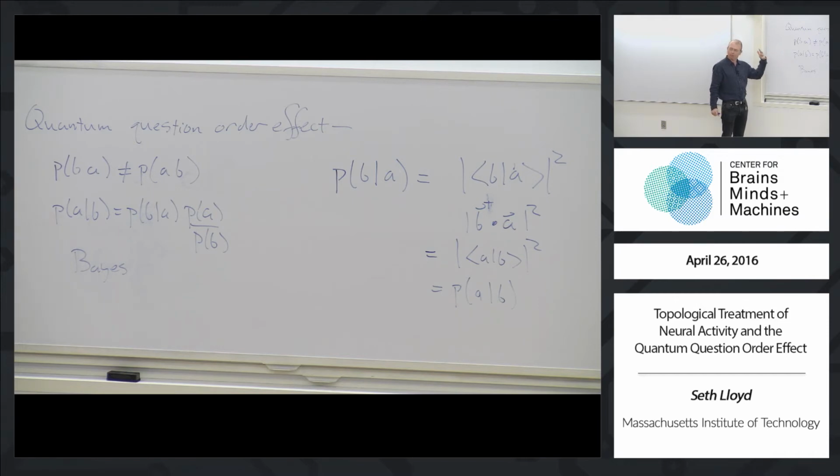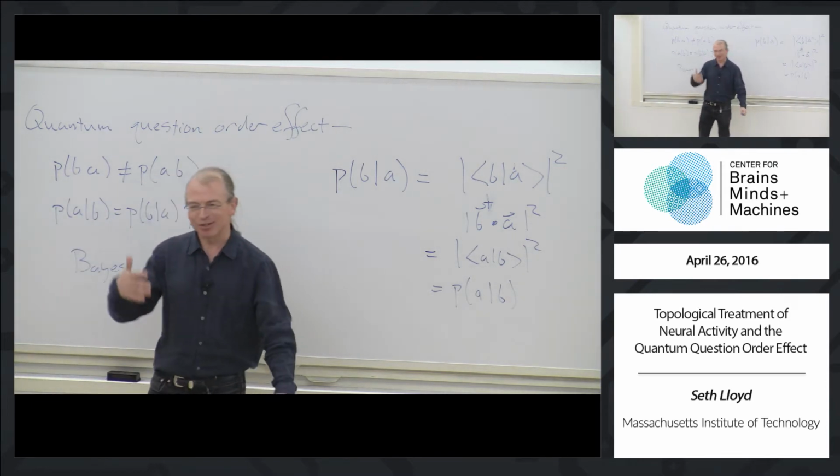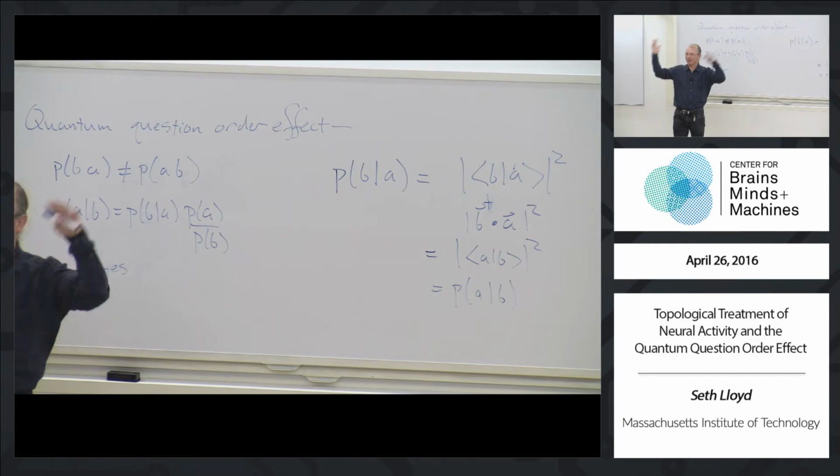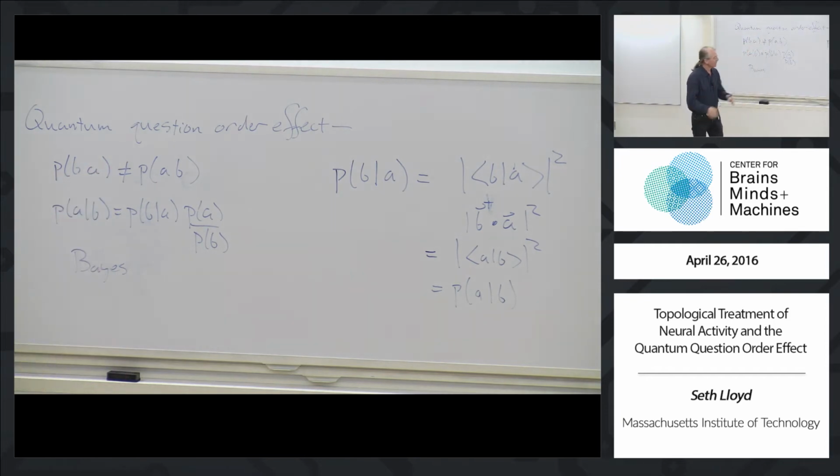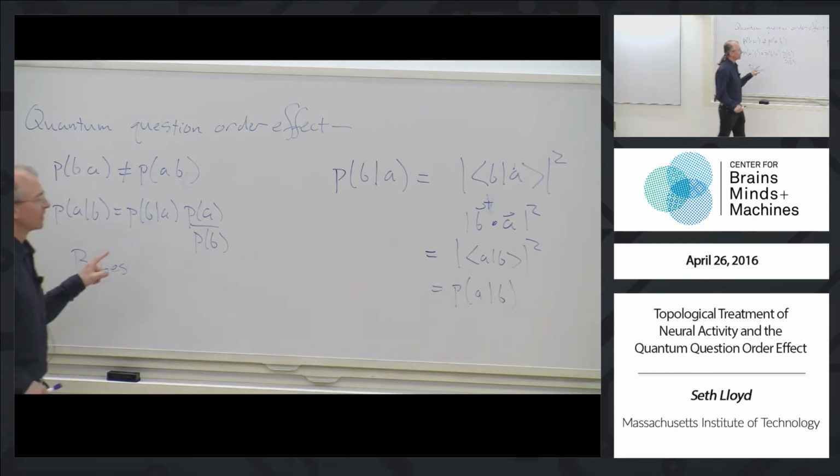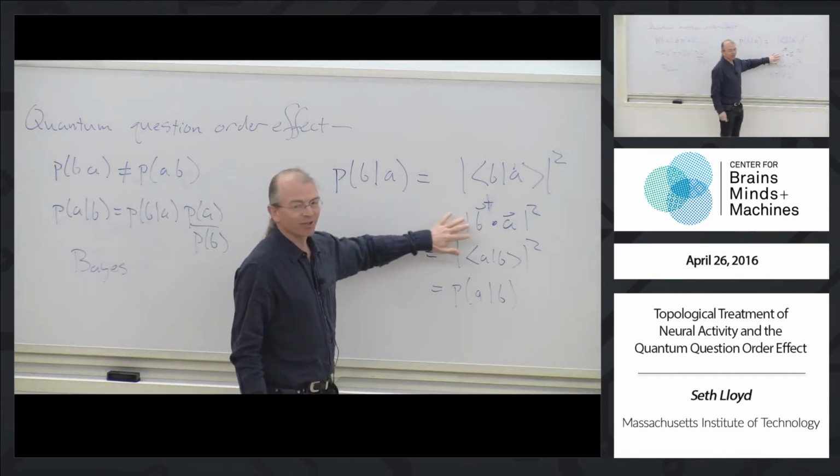And it's completely mysterious why human beings apparently have this feature as well. There's no good explanation for this. There's no real reason why human beings, sure, there's an order effect, but why should it have this funny quantum mechanical-like structure? And the authors of these papers, thank God, are not Stuart Hameroff and Roger Penrose, and so they're not claiming that this is because the brain is quantum mechanical and our thoughts are in a quantum mechanical superposition, et cetera.